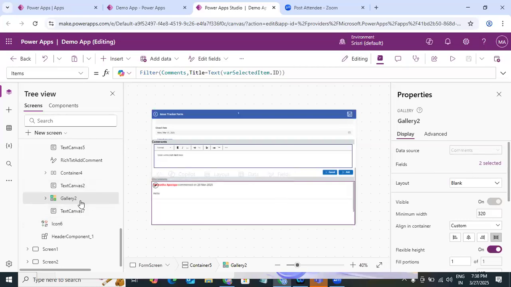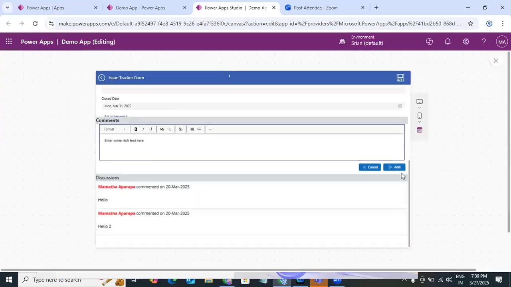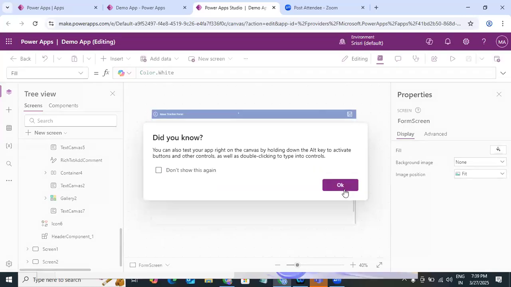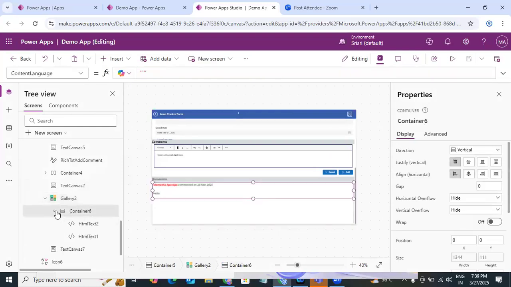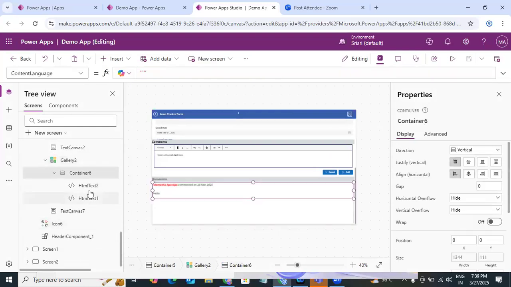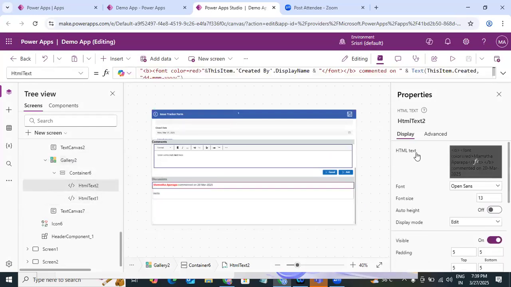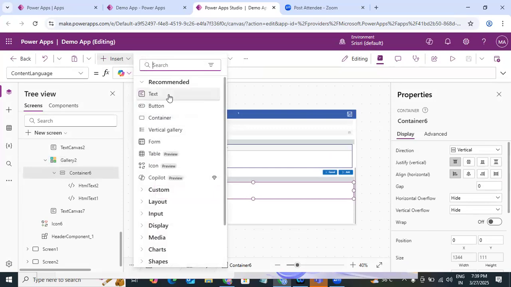So last time we have done, we need to get all the controls in the comments which are related to this specific issue, right? For that, what we have done is we have taken a gallery control, and in that control we have added HTML text, right? So why have we taken HTML text, not a simple label text? Because if you take a normal text field,